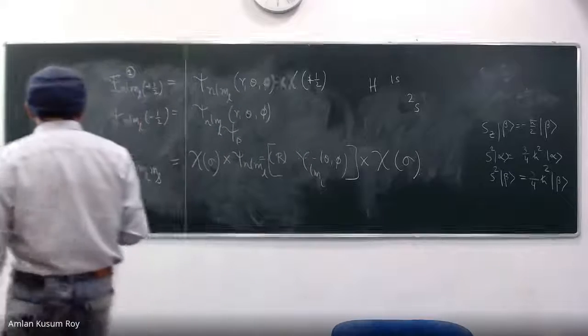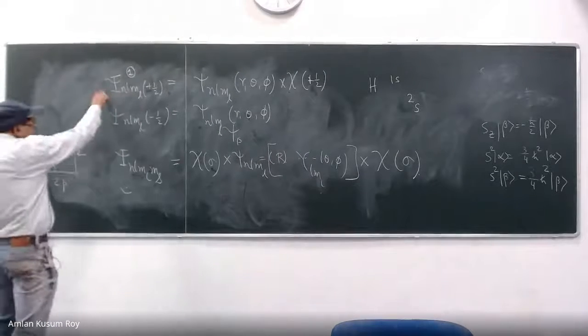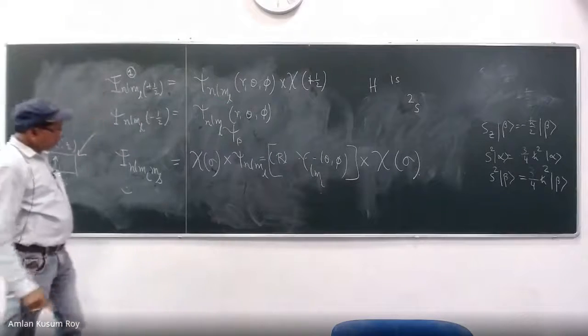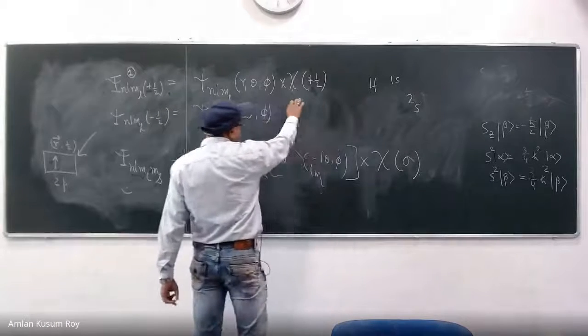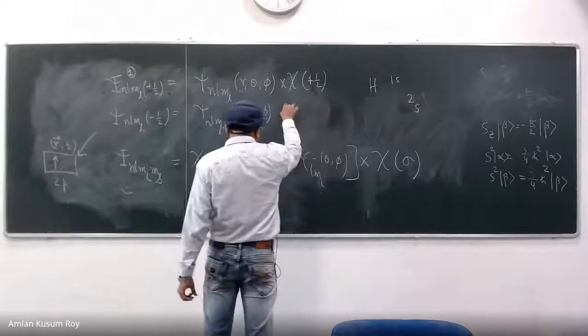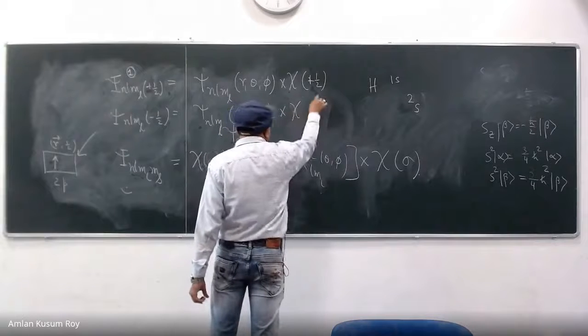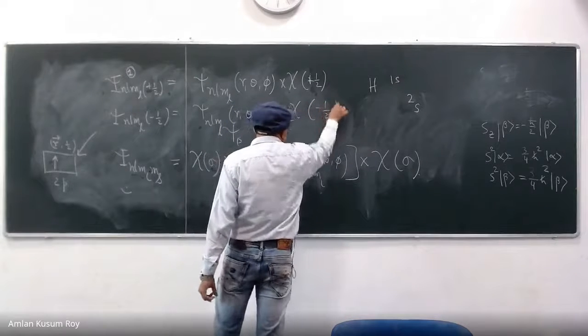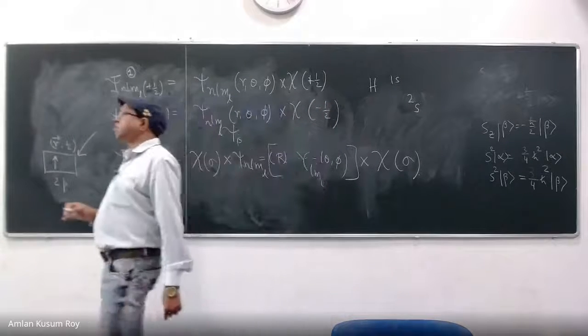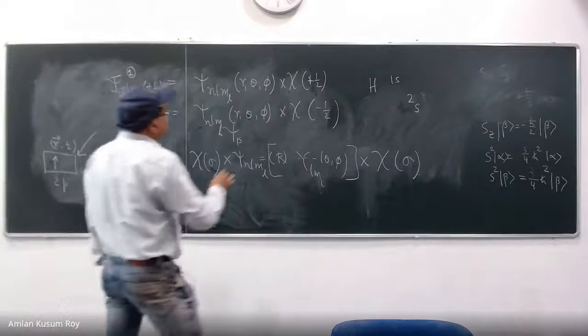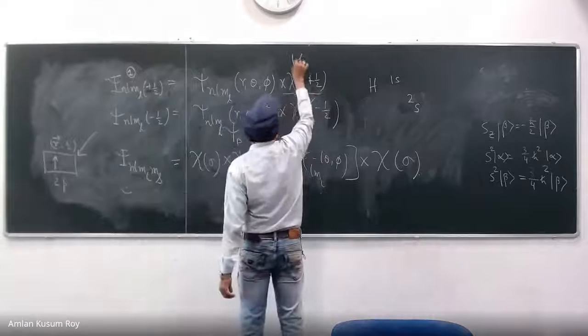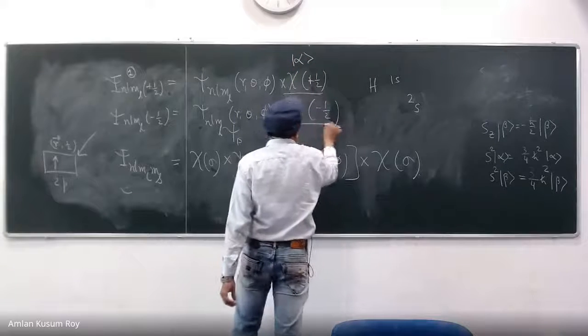We'll prove that. But from here, at least I can say that because there is a spin factor which is making this degenerate, I can have another state where my spin eigenfunction corresponds to the ms value of minus half. This is a short name for alpha and this is a short name for beta.